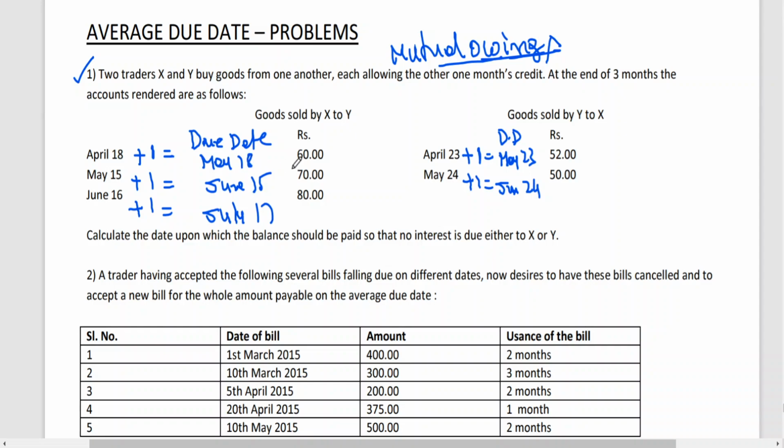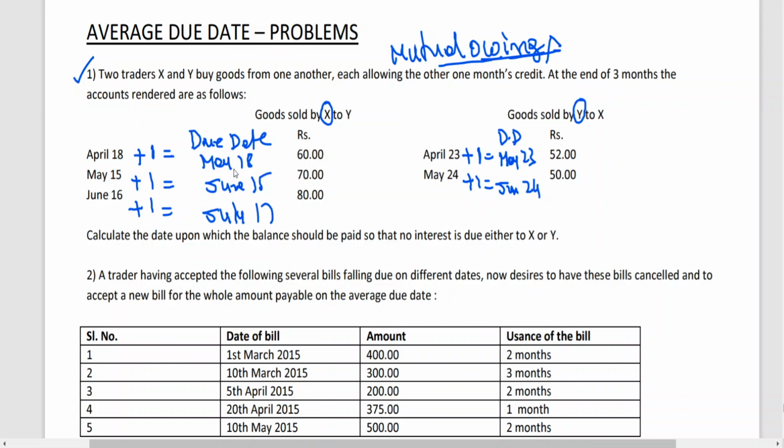First of all, you should have the product of goods sold by X, my dear friends. Then the product of goods sold by Y. Then you have to take the average due date. So for doing the average due date, you should take the base date for amount receivable from Y, amount payable by X. This is amount receivable from Y, amount payable by X. In simple words, we can say for Y's payments and X's payment. We will be looking at the product of goods sold by X and the product of goods sold by Y. Whichever is simple, you can follow this.